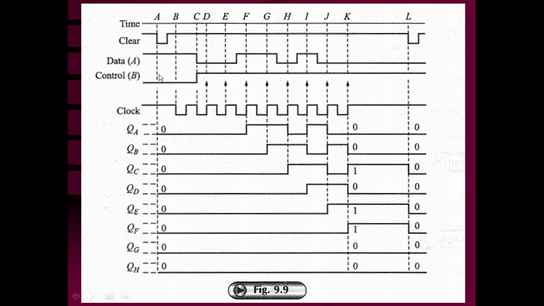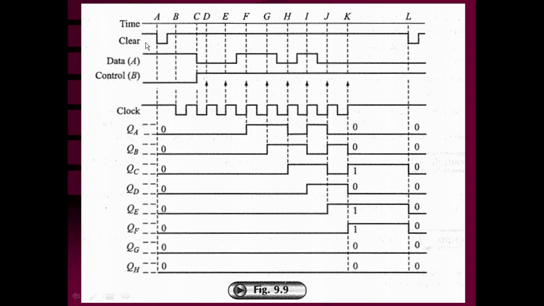You can see that prior to the instant A, the clear signal was high. That means whenever you start the power supply, the output of the flip-flop may be latched into 1 or 0. So QA, QB, QC, QD up to QH, the output of each flip-flop can be set into one of the states, either low or high. That's why both lines are shown here. This dashed line is shown here. It can be 1 also, it can be 0 also. So QA to QH can be anything.